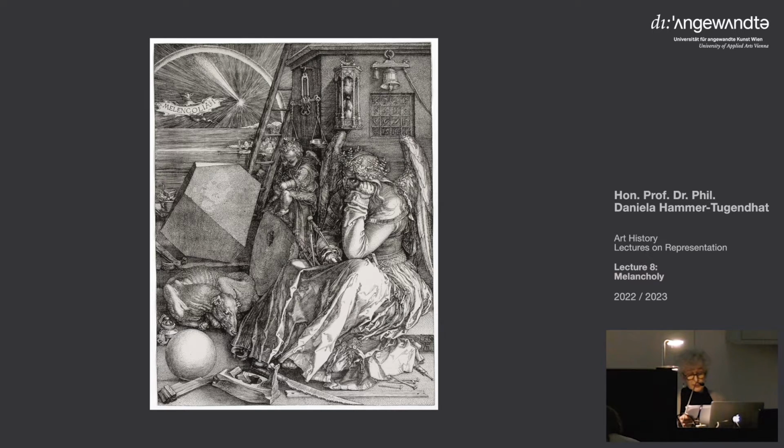Discussion of the bat and the scroll has been very controversial. Panofsky makes a reference to the treatise by Cornelius Agrippa von Nettesheim entitled De Occulta Philosophia, a work, however, that had not yet been published at the time Dürer produced his engraving. According to Panofsky, Agrippa's De Occulta Philosophia wasn't printed until 1533, but it had already been circulating in manuscript form